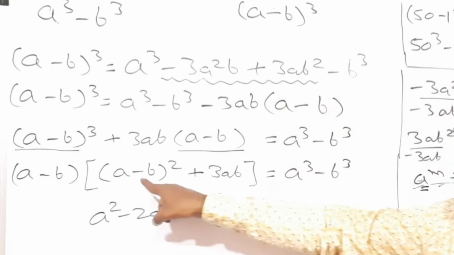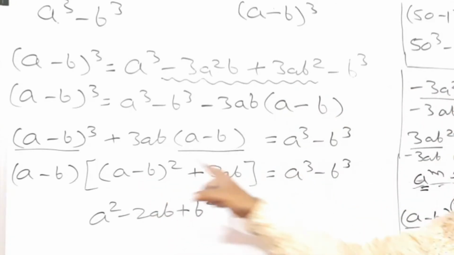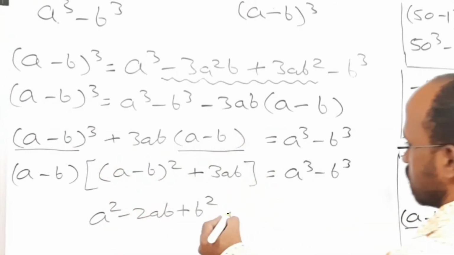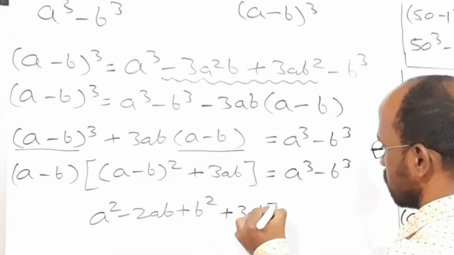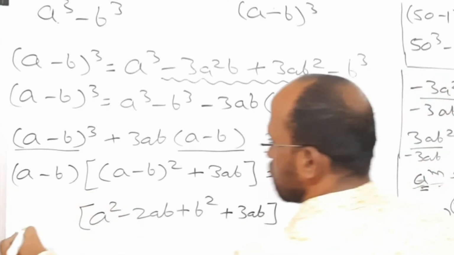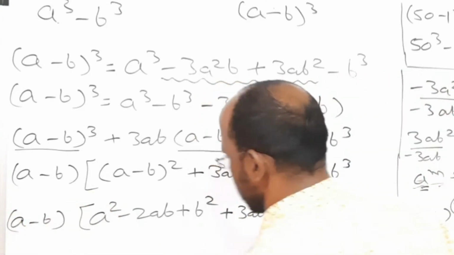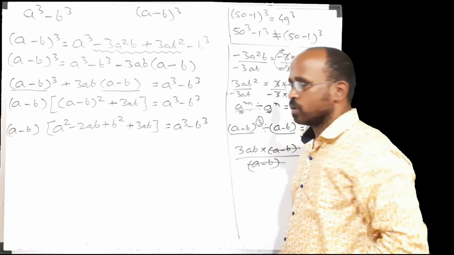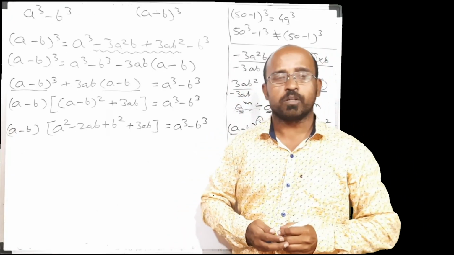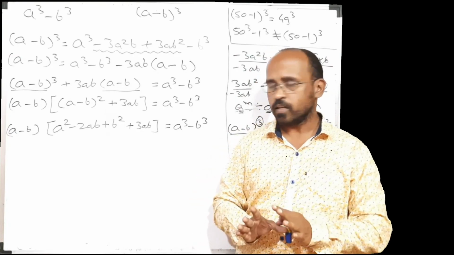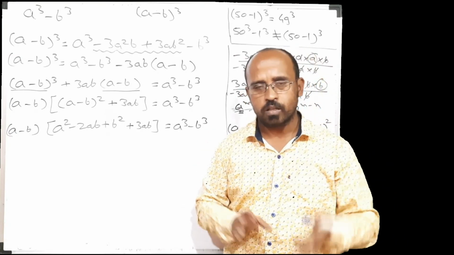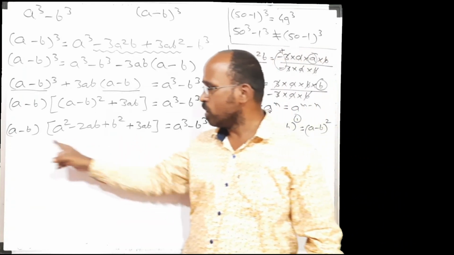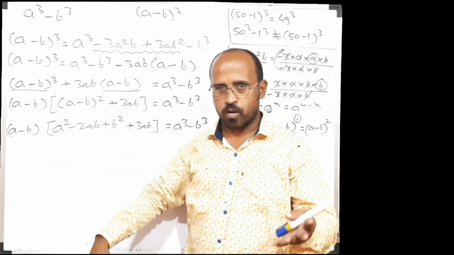Okay, so this bracket we have solved. We haven't made any changes in the remaining, so let's write the remaining part as it is. This plus 3ab will be as it is. This a minus b also will be as it is, which is equal to a cube minus b cube. Okay students, factorization problems we have to solve until it is possible to apply BODMAS or take any term common out of the bracket. So taking common is already over.